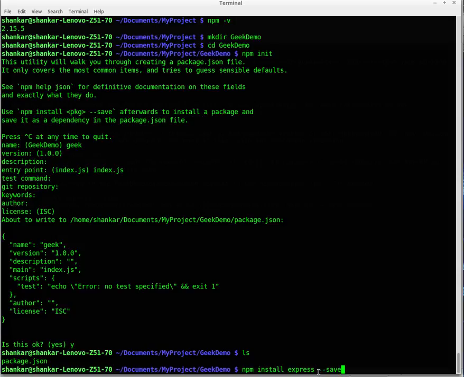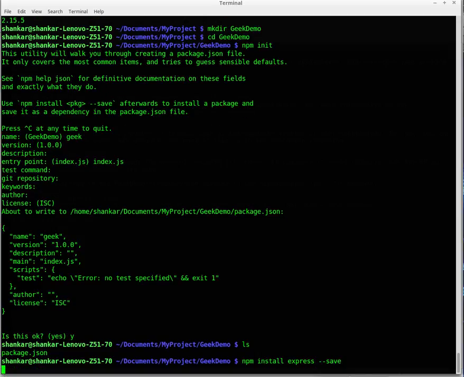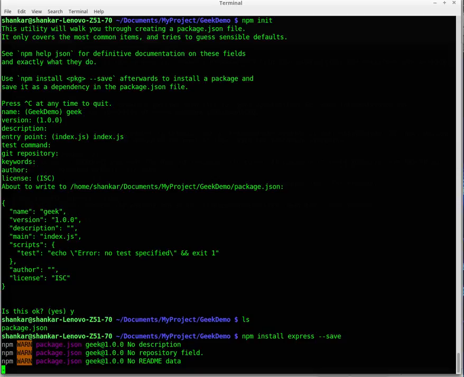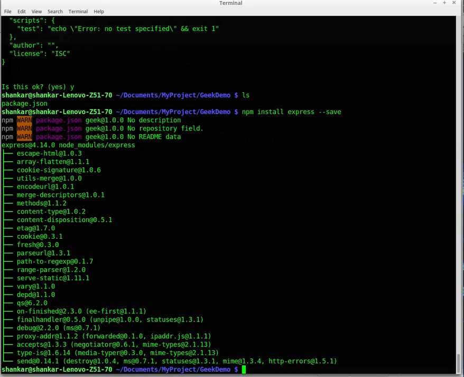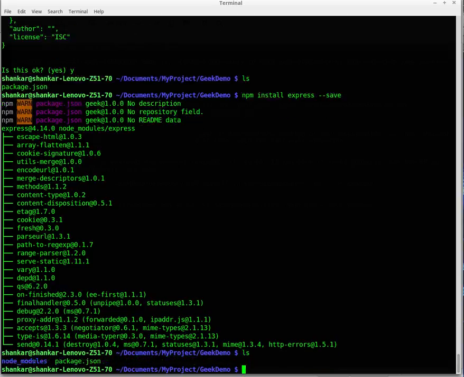If you will not use save, then it will not be added as a requirement in the package.json. It's creating. Yeah, done. Now you can see there is node_modules, which is creating different packages.